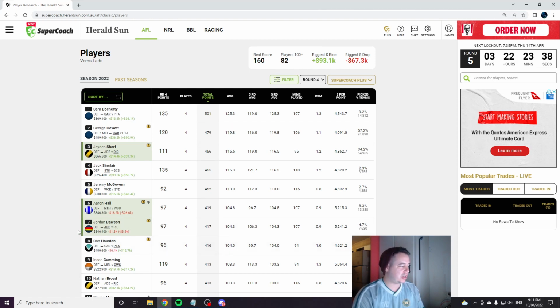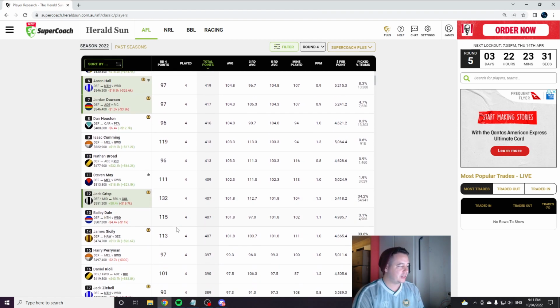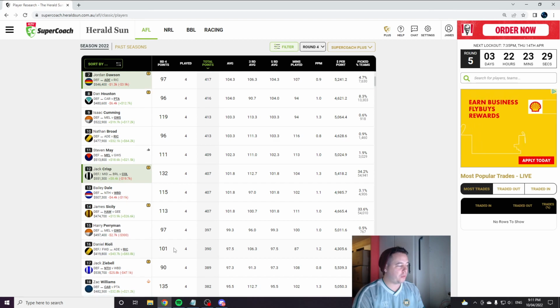Moving down, Houston coming broad. Stephen May with a good game. Cripps bounced back. Bailey Dale had a good game. Rioli actually popping off. I'm really annoyed. I'm not annoyed, but to see Rioli doing this, I'm really sad because I got convinced not to start him